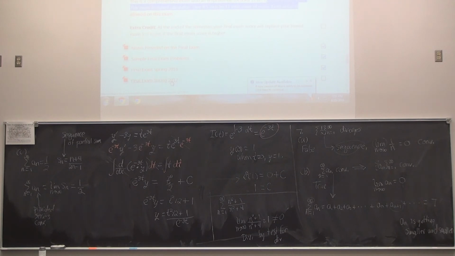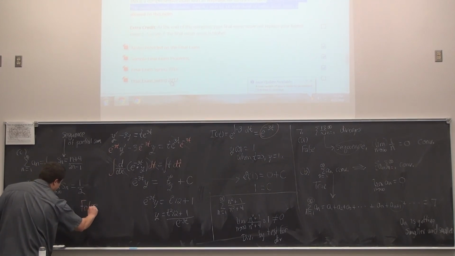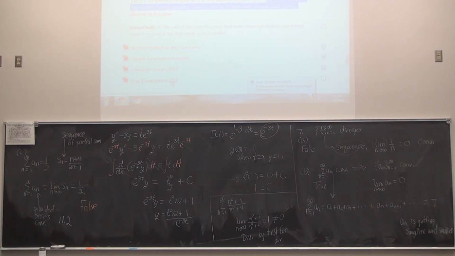The sequence of partial sums gives you a totally different outlook on this kind of thing. And that's going through the original definition in section 11.2. I think that's a really good section to revisit, 11.1 to 11.2, because as you're seeing with these parts A, B, and C, they're all about what is the difference between a sequence and a series. And that gets really fuzzy once we are at the very end of the class. So check out those sections, 11.1, in particular 11.2, and it helps a lot with these. But let me give a final assessment to this part. It's false. And let's go on to the next. Any questions at all with part C?